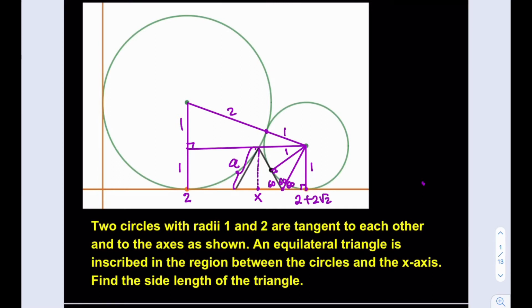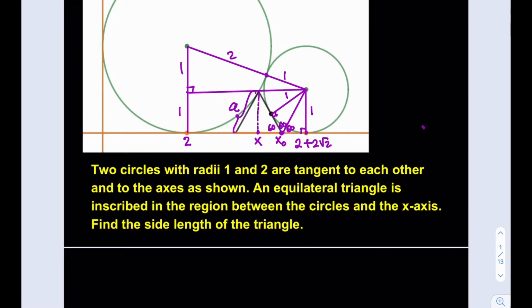That's nice. And now I want to find the x-coordinate of this point, which is super important. I don't think it's going to fit there, so I'm going to call that x sub 0, and then calculate it somewhere else. It's kind of easy because we just calculated this length to be root 3 over 3. So all I have to do is subtract. So x0 is going to equal,